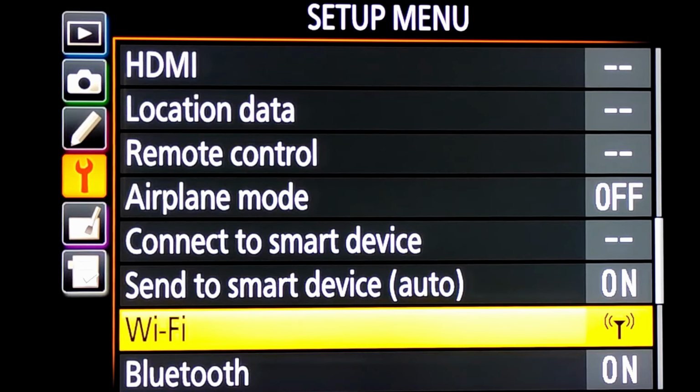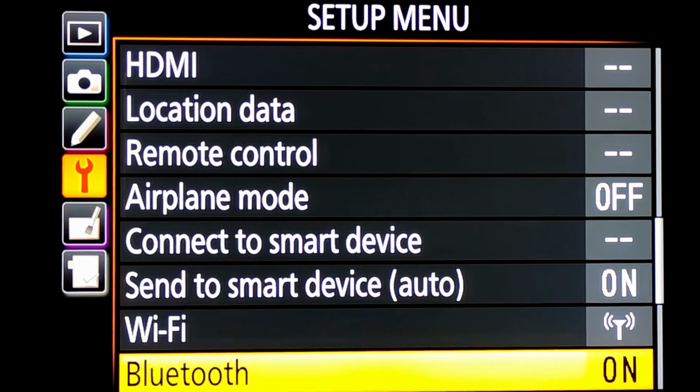Here Bluetooth always remains on, but the Wi-Fi has to be enabled. The camera has an inbuilt Wi-Fi to which any Android or iOS device can connect, and we can transfer photos as well as videos. We can also do remote photography using the SnapBridge application.